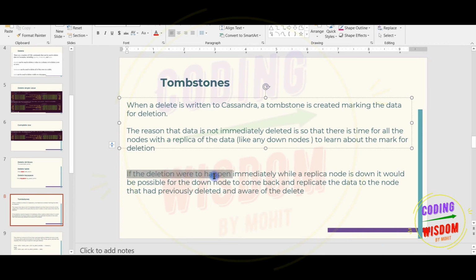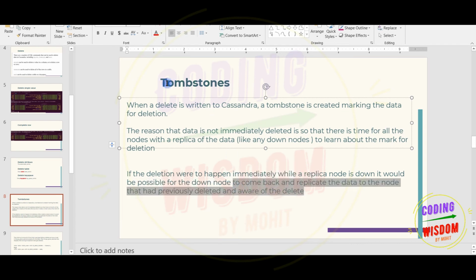If deletion were to happen immediately while a replica node is down, it would be possible for the down node to come back and replicate the deleted data to the node that had previously deleted it and was aware of the delete. Okay, so this is a problem here.